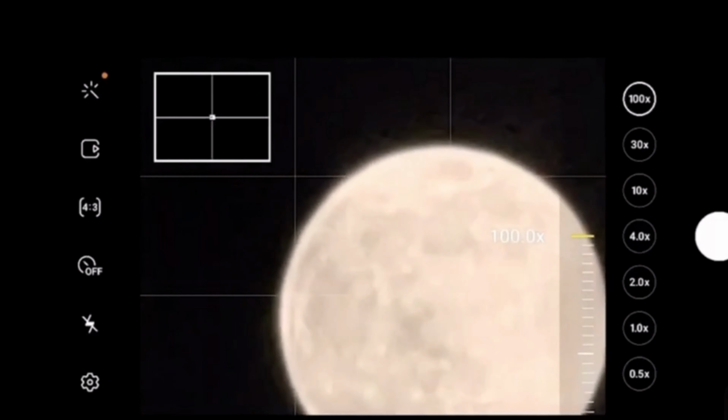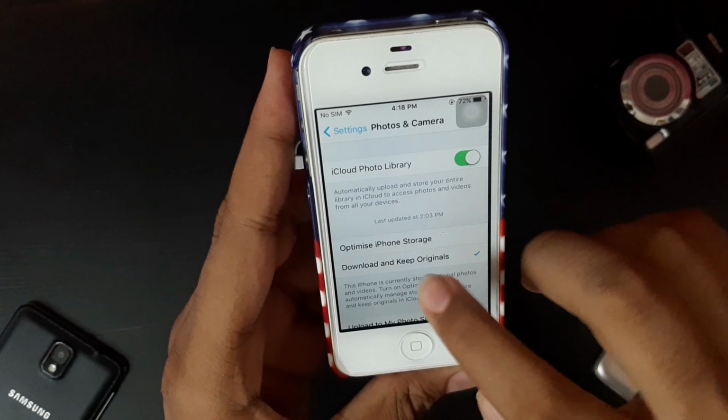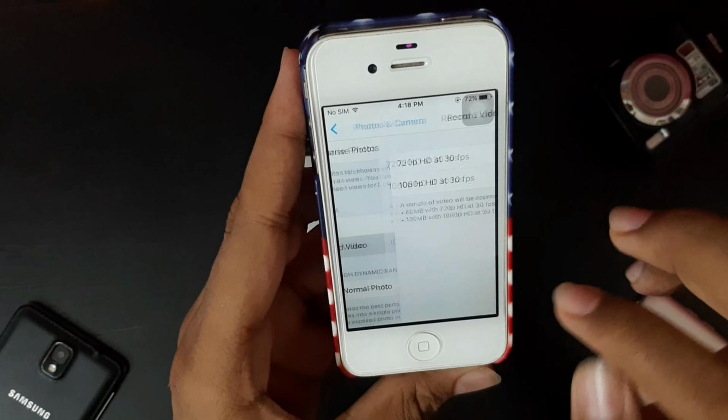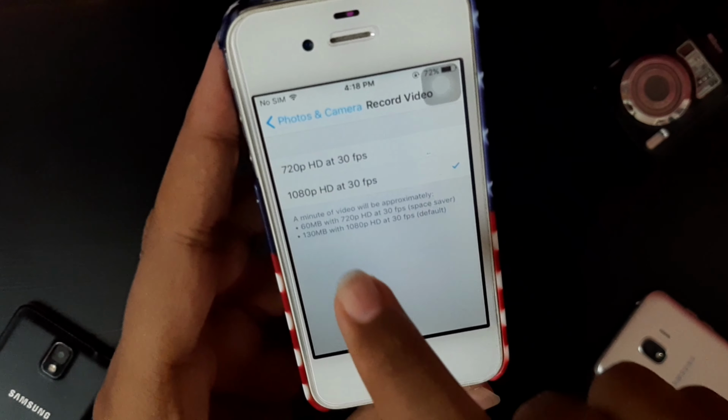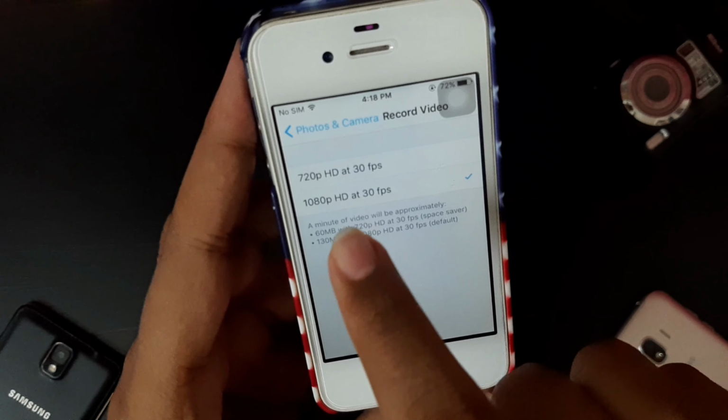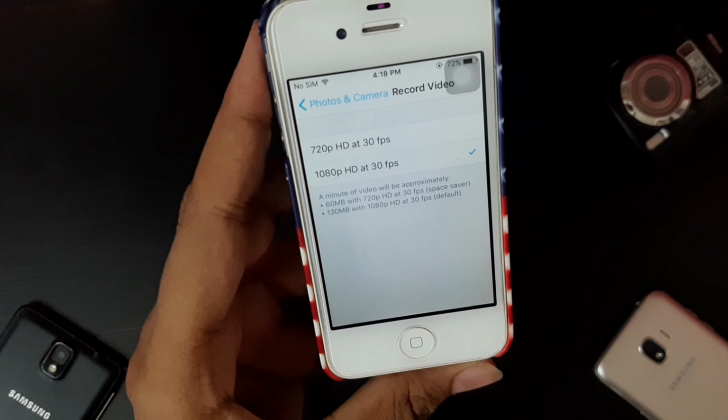There are limitations of smartphone cameras with megapixels, like the iPhone 4S has an 8 megapixel camera which can shoot up to only 1080p. If we go to settings and search for photo and camera, go to video settings, you can see that it is fixed up to 1080p, or it can shoot low resolution 720p.